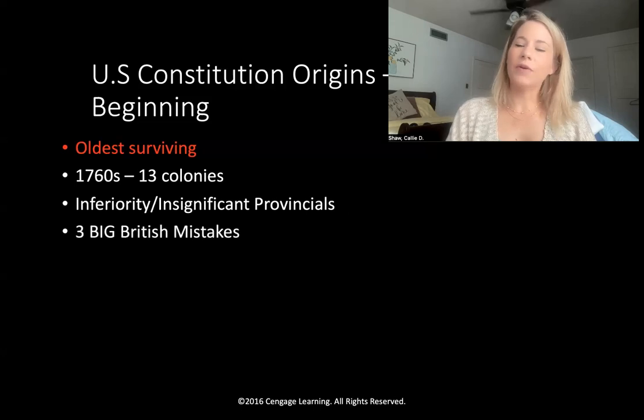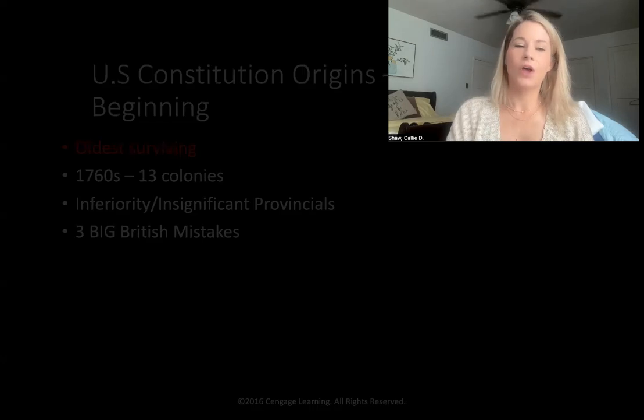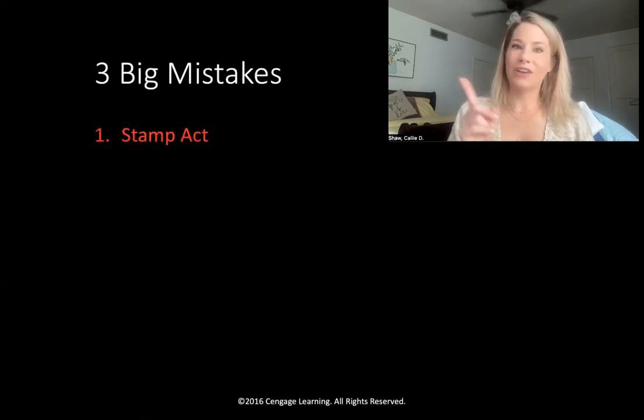Now, if it weren't for three mistakes that Great Britain made, we would arguably still be bowing before a king. And you may say, what? I hope y'all are all saying that. If it weren't for Great Britain's three big mistakes, which the first one, and you notice it's in what color? Red. So you should be filling that sucker in, okay?